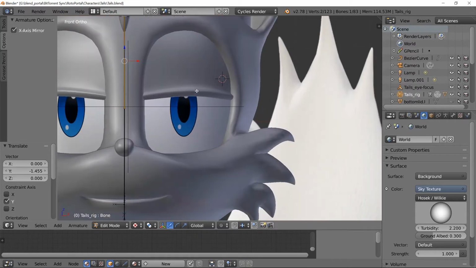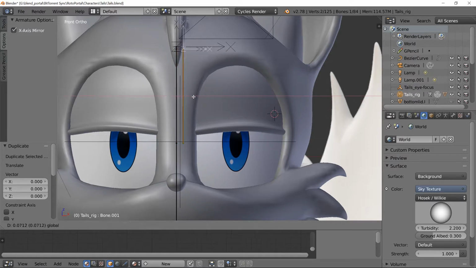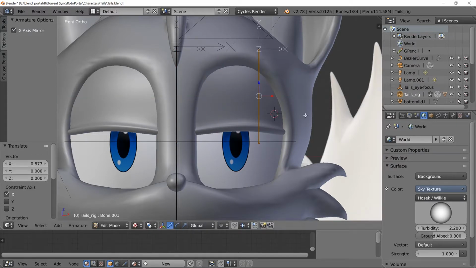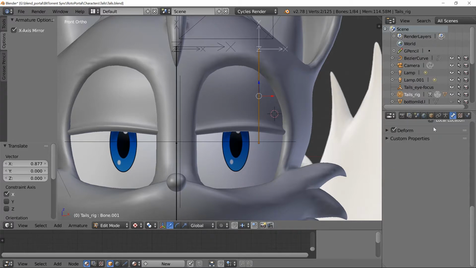We're gonna copy it a couple of times. We've got x-axis mirror in, so it's gonna make it a lot easier to do this. So we're gonna hit Shift D, grab this, move this over here, and we're gonna make this his top eyelid. So we're gonna name it. We're gonna name this bone right here